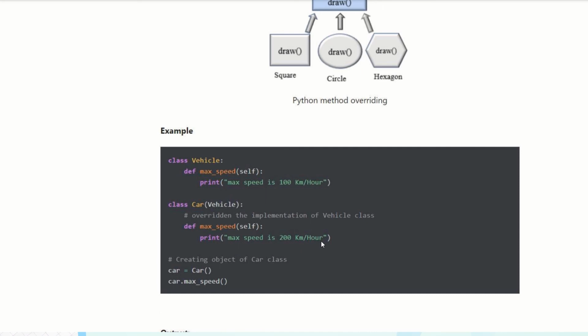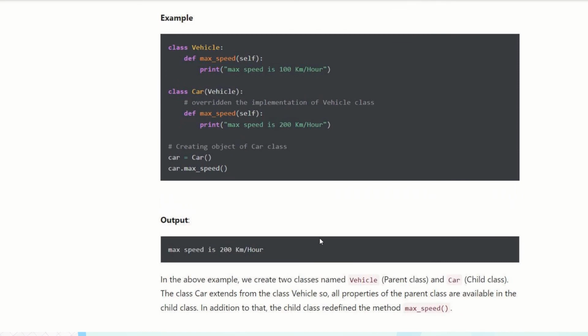Okay? So that is the result because we override the value of our method here in our parent class, since it does not satisfy here in our car class, our child class car. Okay,